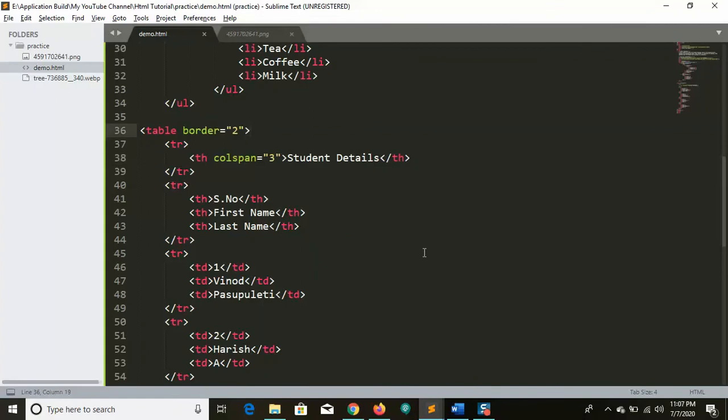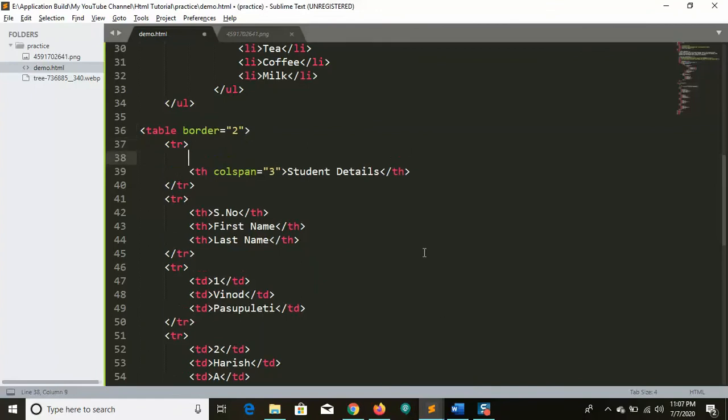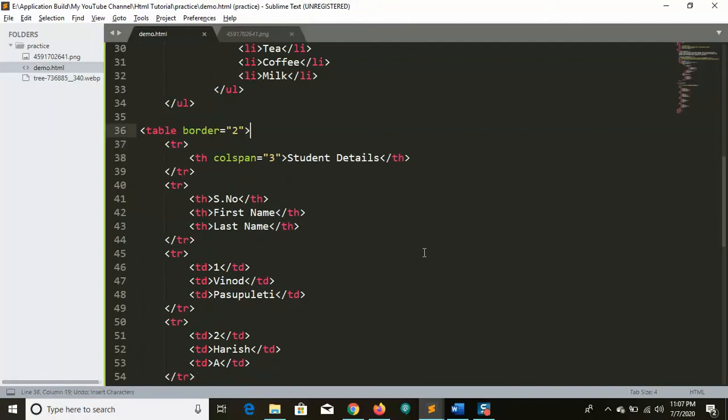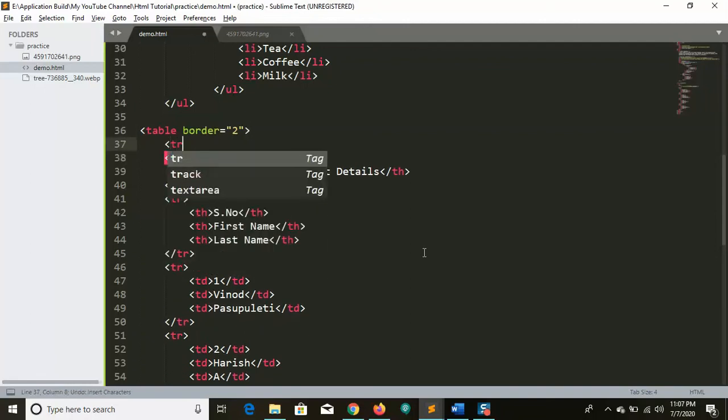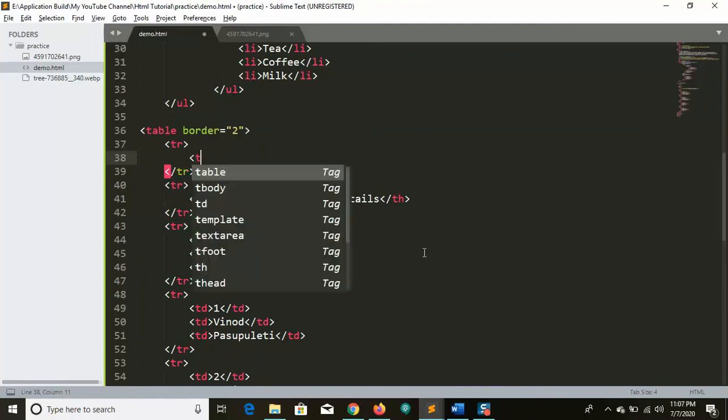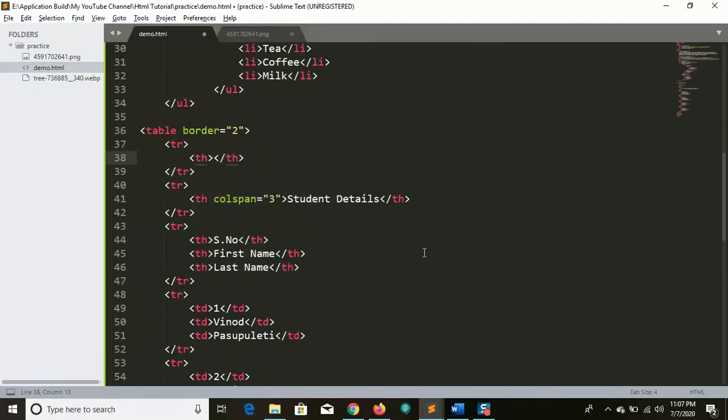Okay, we can do this row span in many ways. We can have it here itself, or we can take it separately. So let me create it as a separate one. I need something like this: number of students. I should have the row span here, and it will consider this as also one row.